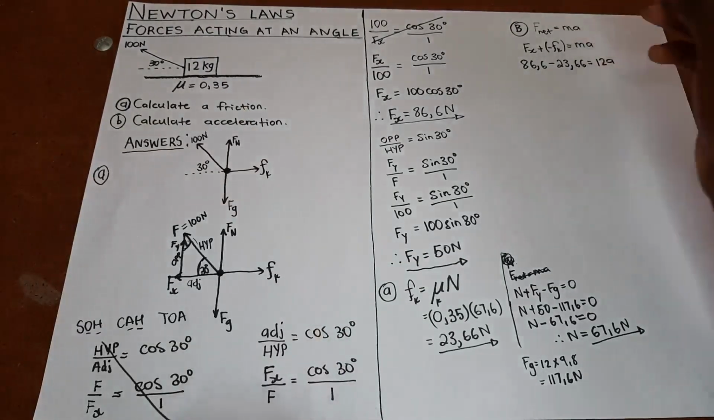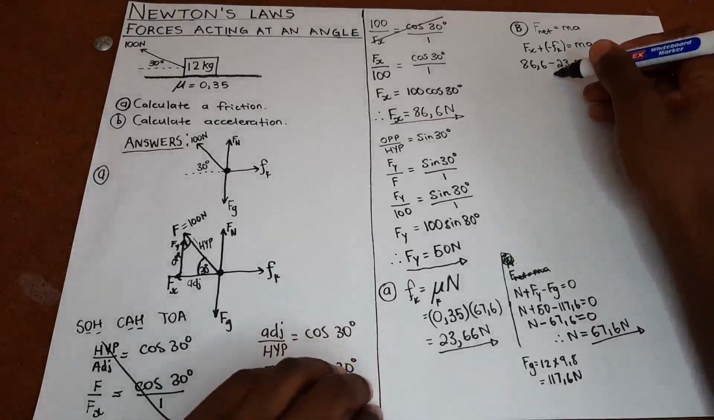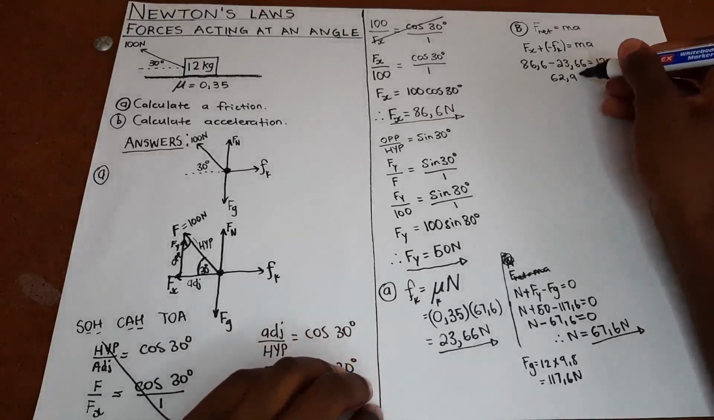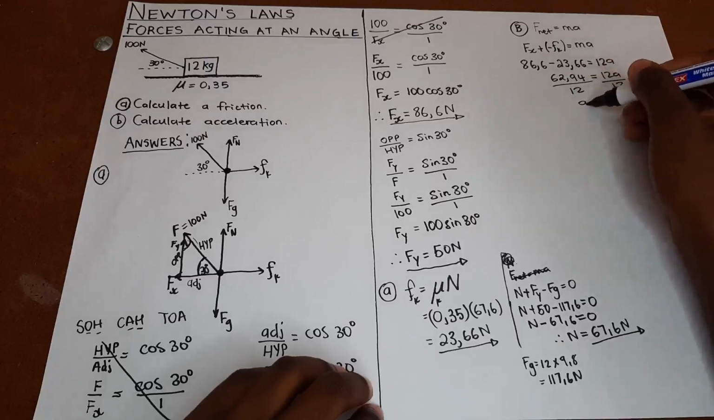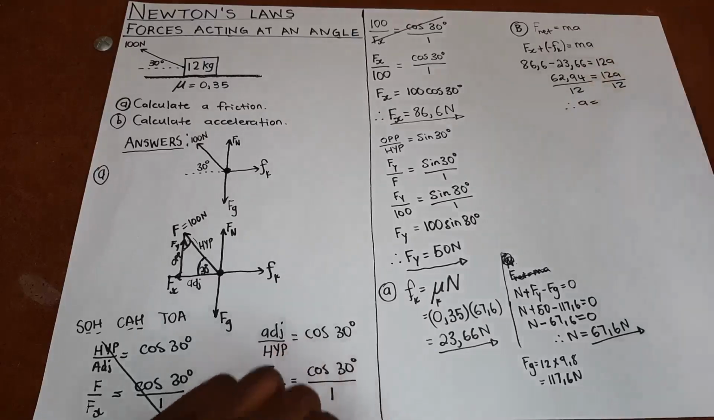So press on your calculator: 86,6 minus 23,66. That gives us 62,94 newtons. So 62,94 equals 12a. Divide both sides by 12. Please divide using your calculator, guys. Therefore our acceleration is equal to